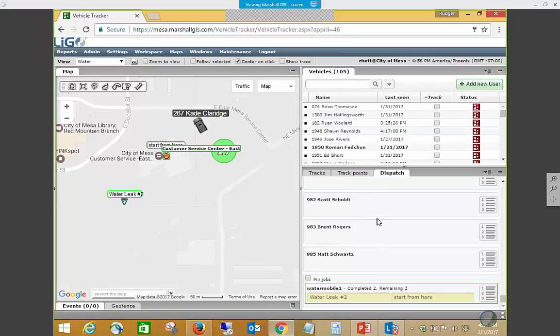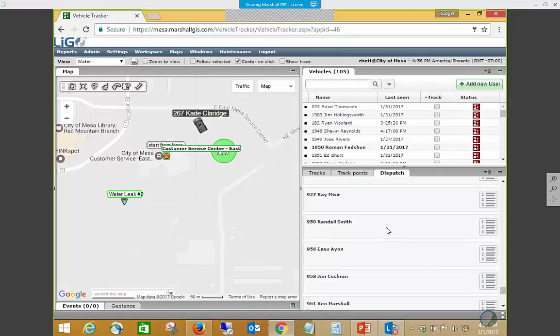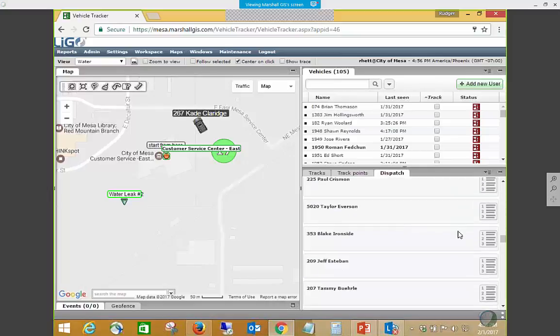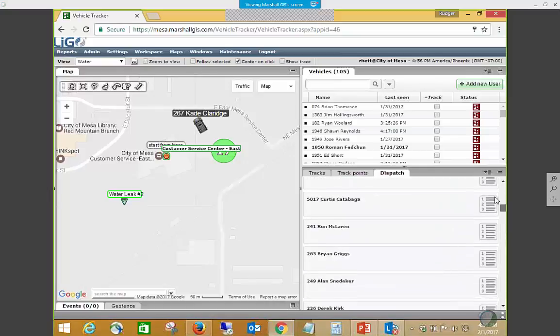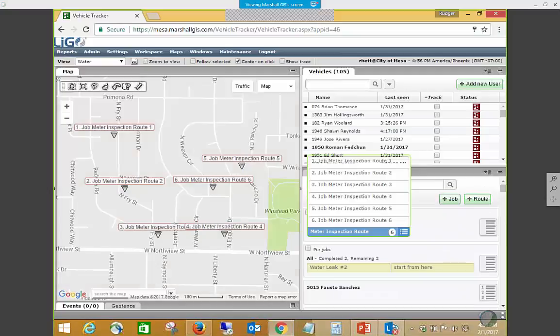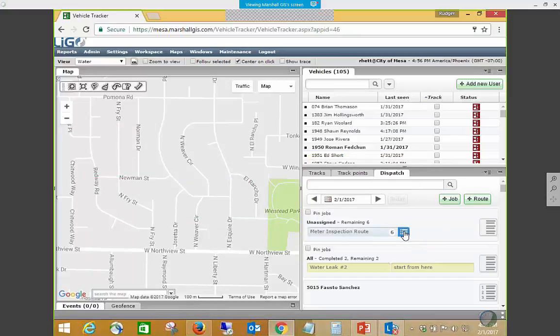So that's sort of individual jobs. If I wanted to do more of a route, there's this route that we created earlier, and this is a number of stops, and it's a route. So I can edit that route,